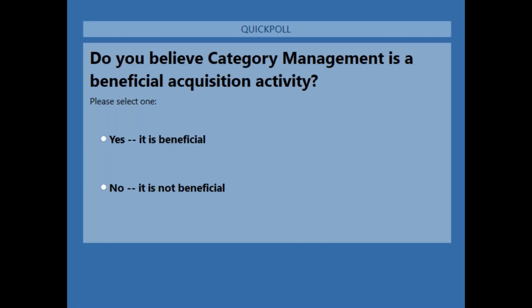Launch. How do you feel about category management is really what I'm asking.